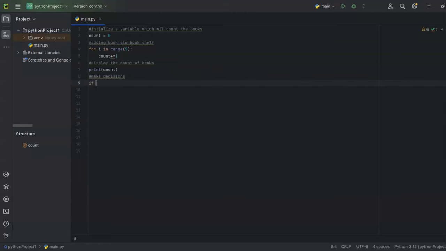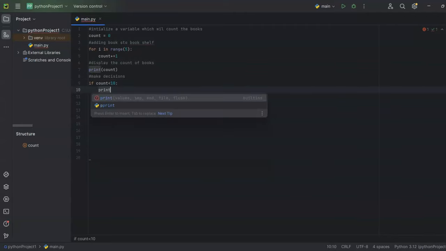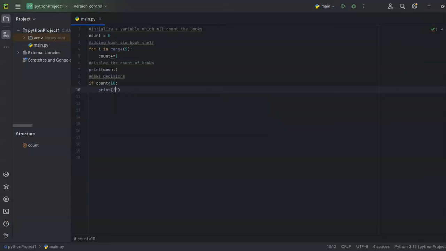If my count of the books is less than 10, then what I have to do is print, let's say, "you need to buy more books". So if the count value is less than 10, then you need to buy more books. Next part would be my else part. So the else part would be, if the collection value is greater than 10, then you don't have to buy any books, so you can directly print